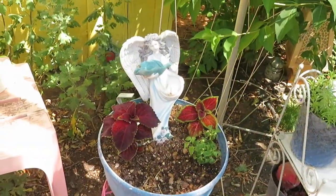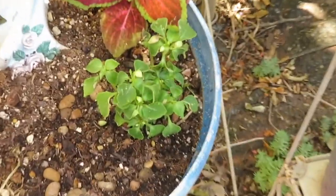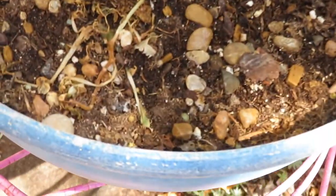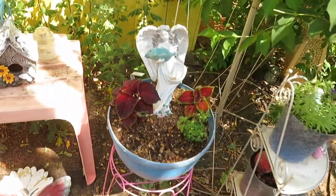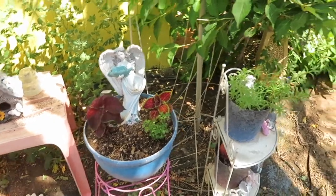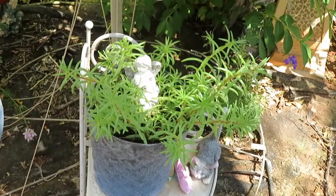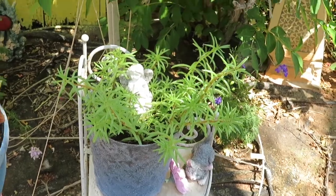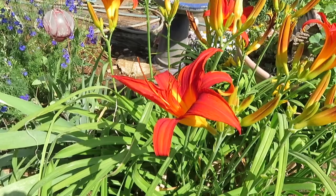And one of the little impatiens I had in this pot has already succumbed to the heat. So I'll try to put something else there to fill that pot out a little later on. This rose moss is looking great. More of the pretty orange